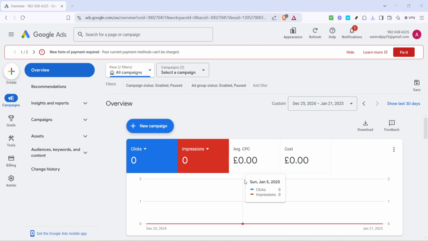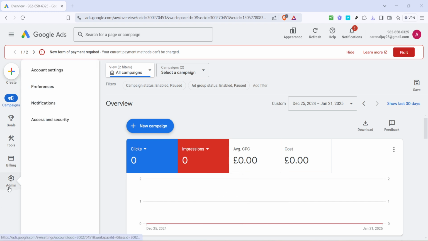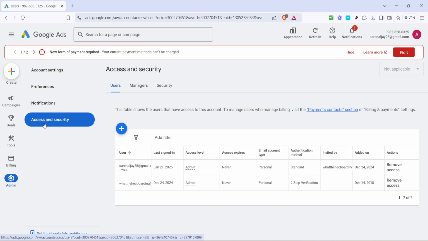As you hover over the options in the navigation bar, locate the admin section. This is where a variety of account settings are housed. Hovering over admin will reveal a drop-down menu where you'll find the option labeled Access and Security. Go ahead and click on Access and Security. This section is crucial as it deals with who can access your Google Ads account and what they can do